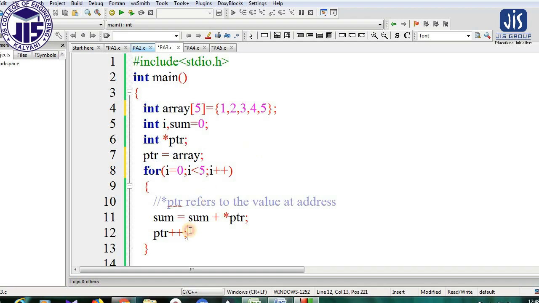So here see, generally what we write without the pointer, to find out the sum we write sum equal to sum plus the name of the array, and we mention the position. As you see, we write in that way if we are not using the concept of pointer. But here, as we are doing it by using pointer, instead of mentioning the element, we write the pointer variable.